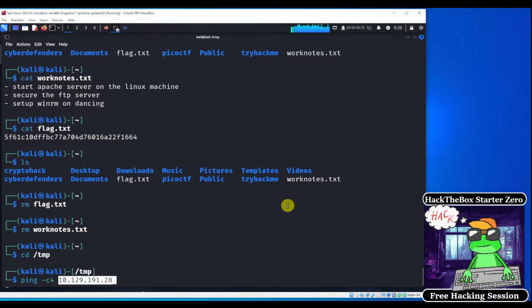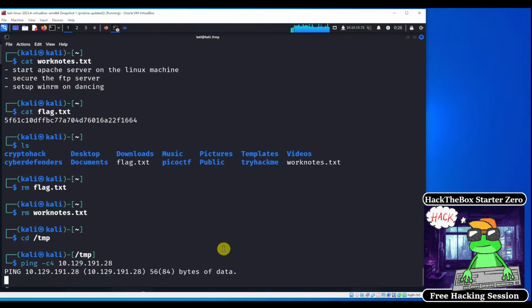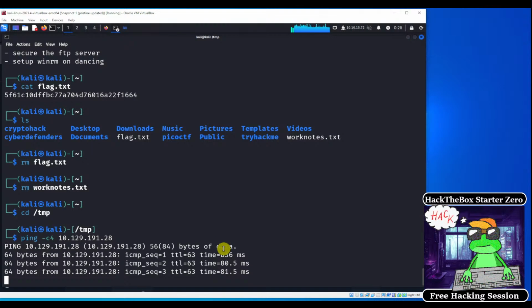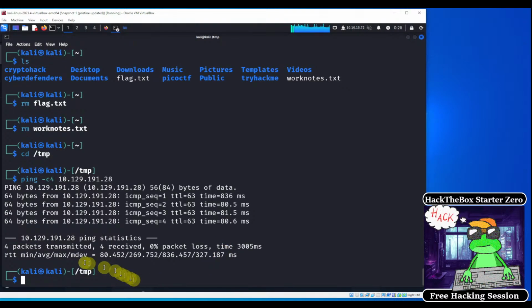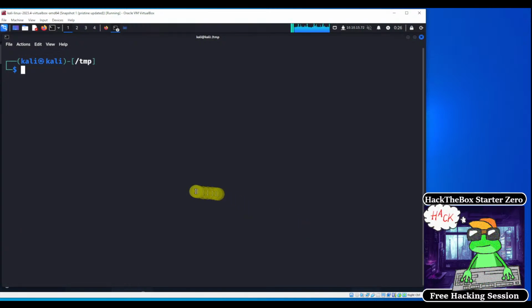So we're going to do ping and then -c 4 for 4 count, and then the IP address. So this is going to send 4 ping packets to the target machine, and if we receive packets back, then we are considered to be able to communicate with this machine. So that's great. The next thing we want to do is use the nmap command